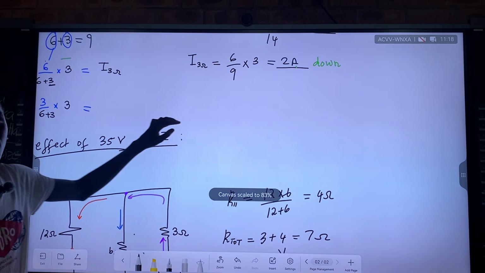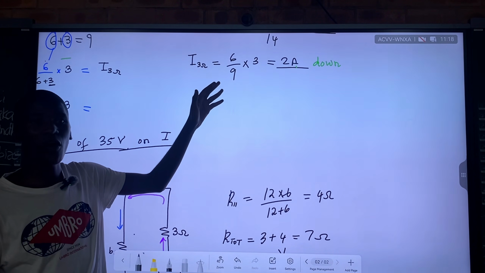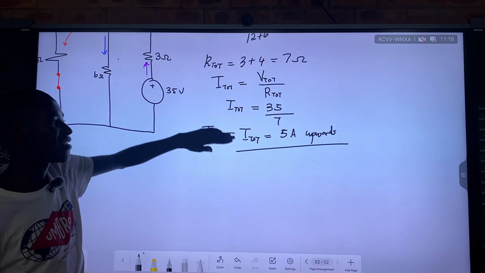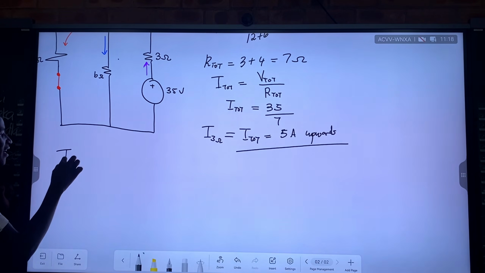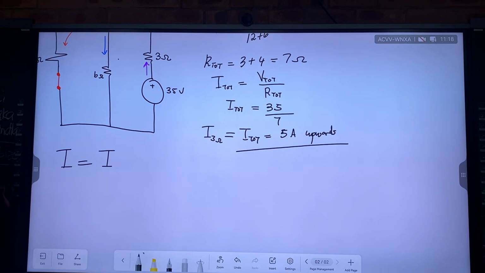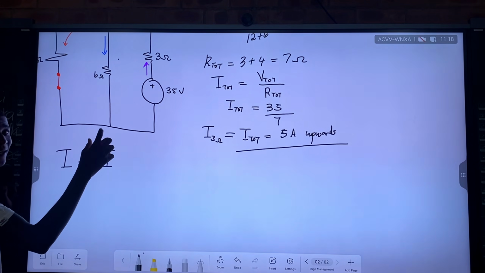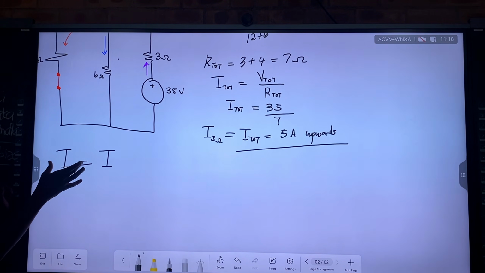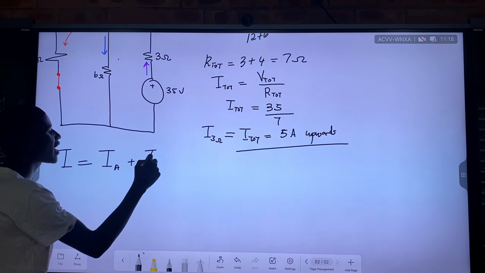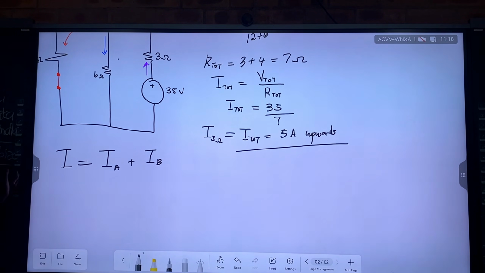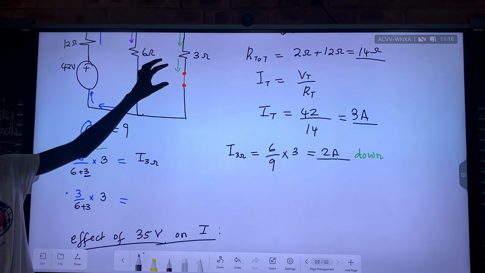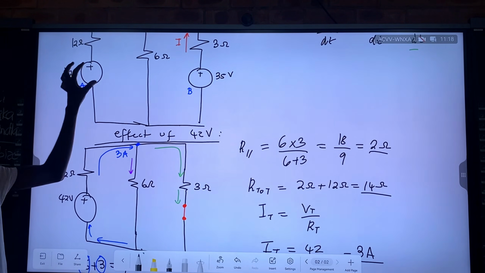Senza kanjani? So add lawa u-2 angisho. We add to 2 amperes down plus 5 amperes up. So the current I will be the current eyokuqala leya. We're going to substitute our signs later, but we must add them together for a superposition. So current due to A and current due to bani to B. Yeah, current due to the first voltage source, which is A, and current due to the second one, which is ubani B. It's A and B.